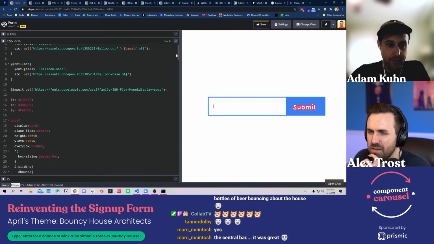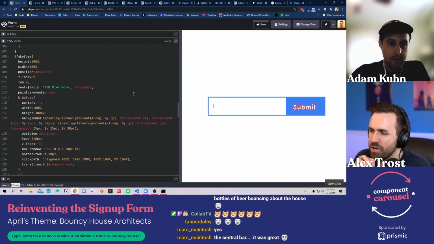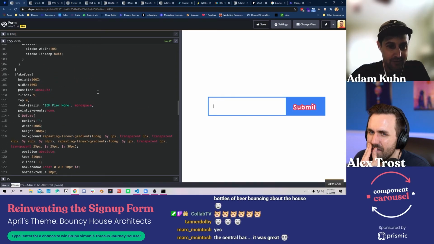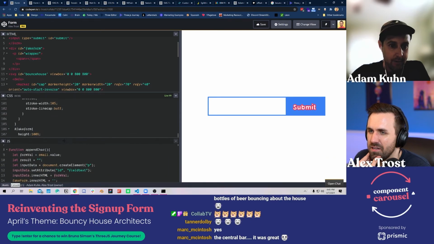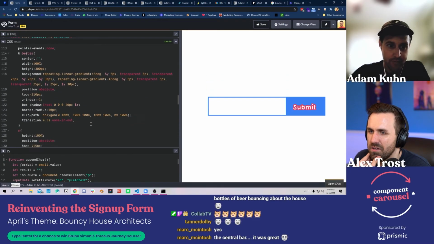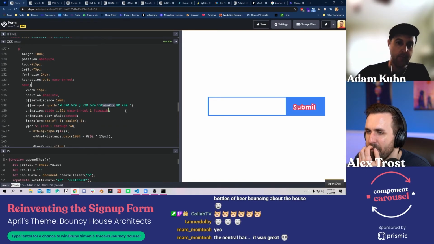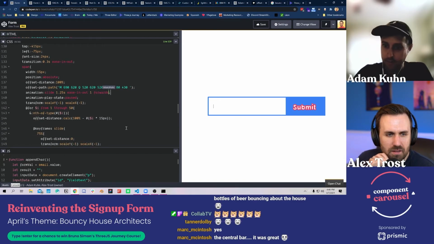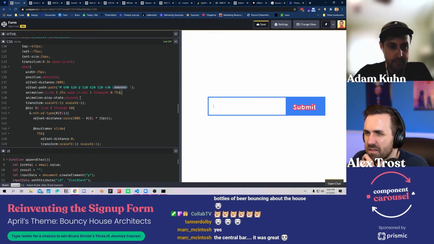Let's set a little bit of an animation delay. Let's make it a little bit longer for these characters. Can you give me a heads up of where you are? Sorry, I'm actually not where I want to be just yet. No worries. I'm on the characters right now, which is line 134 in the CSS. Cool. I'm going to give them just a little bit of delay before they take off. Let's see what that looks like.